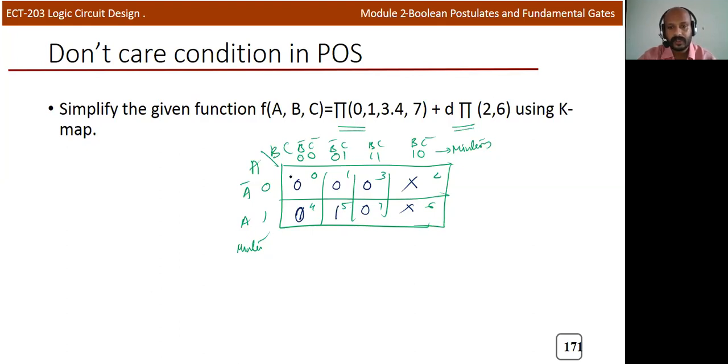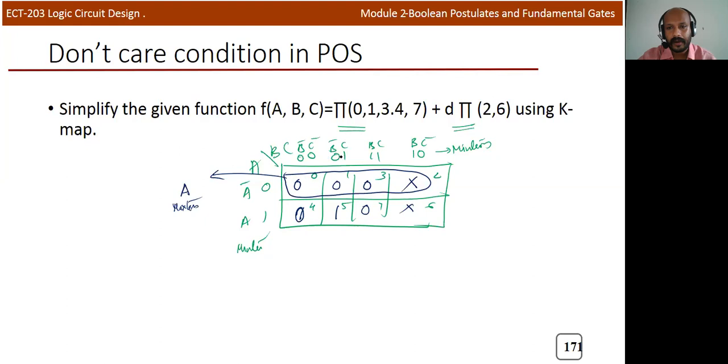Now we need to group this. For grouping, I can take this group, and I can include this X, the don't care condition, also for grouping zeros. For writing this, you can see that the common term here is 0. In max term, it is written as A. Don't confuse it with A bar; A bar is min term representation. We'll write the complement of that if it is in max term. So this group is represented by A, which is the max term representation, because we need to get 0 when A is equal to 0.